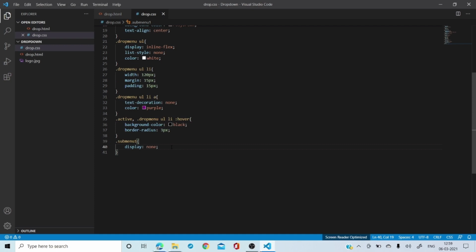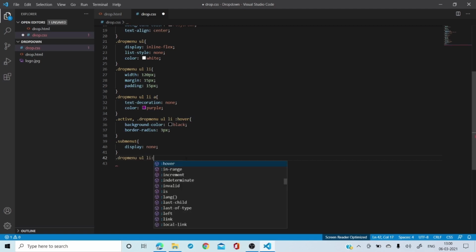Okay. The next part which I'm going to do is when you hover over it. So how are we going to write this? Very, very simple. Please copy this from here, that is drop menu ul li. Not this one actually. You have to go here, copy this one, and after this you're going to put, see, it came automatically, hover, and then you put dot submenu 1.